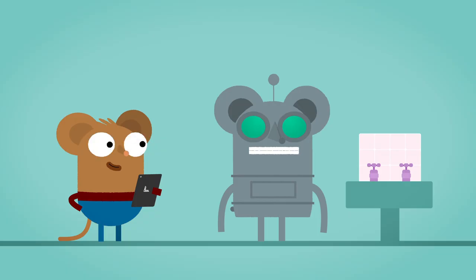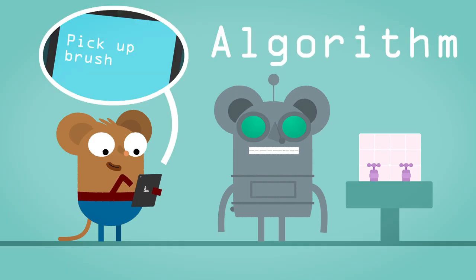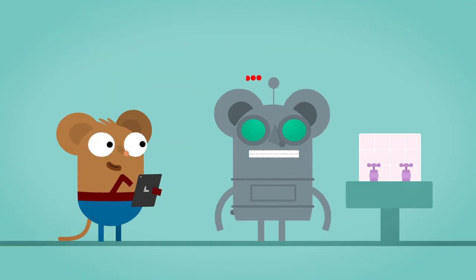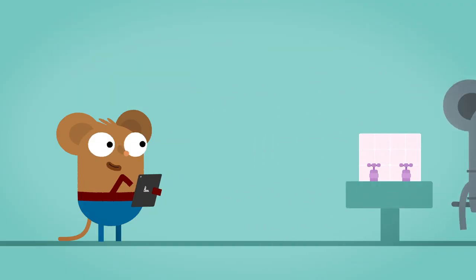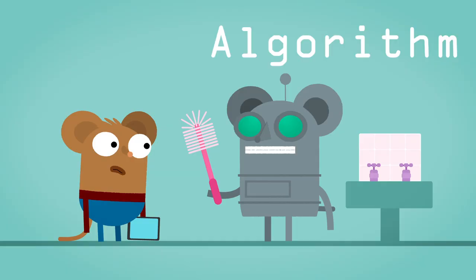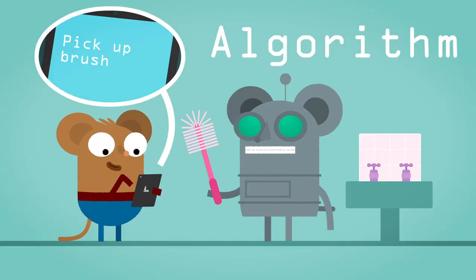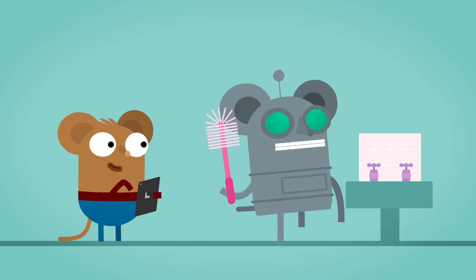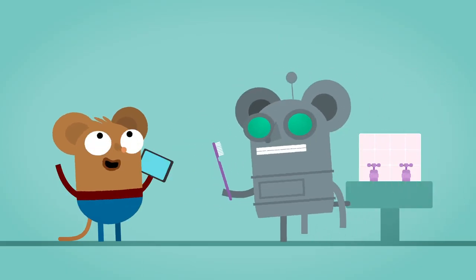If we want a computer to understand how to do something, we need to give it an algorithm. Pick up brush. Algorithm sounds like a big word, doesn't it? But actually, an algorithm is something very simple but important. Pick up toothbrush. An algorithm is a list of steps you give to computers to solve a problem or get